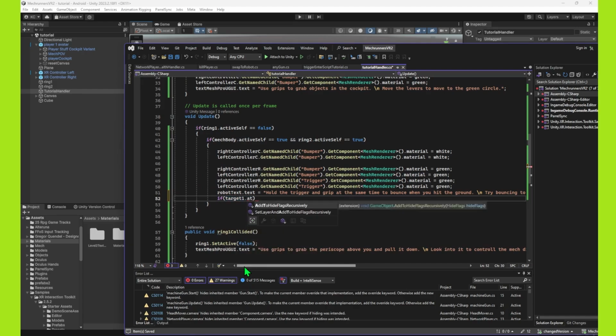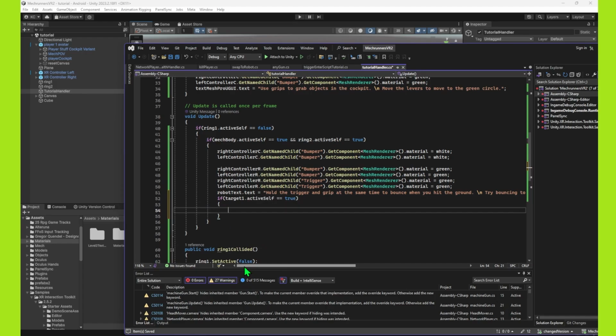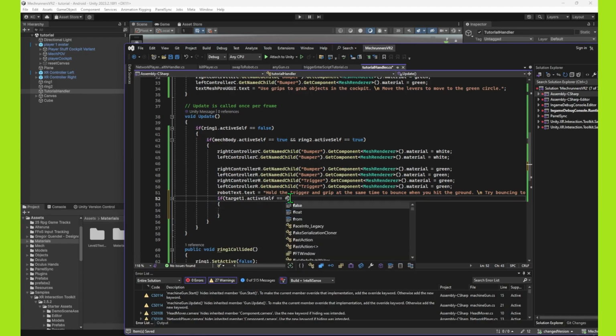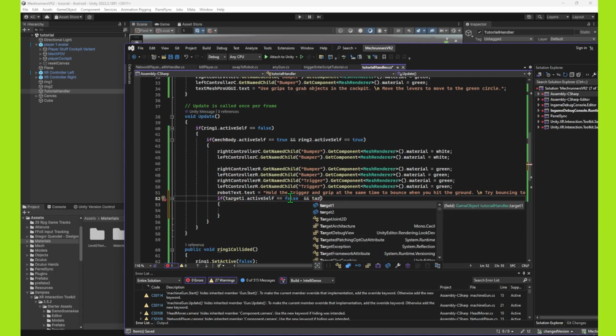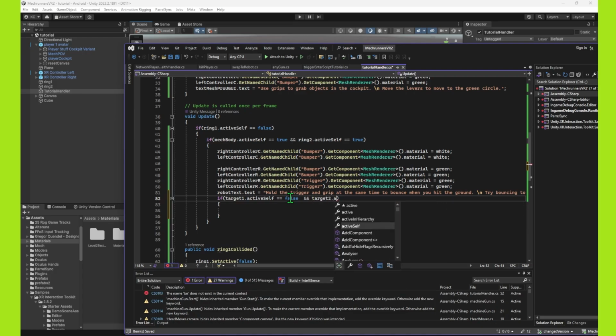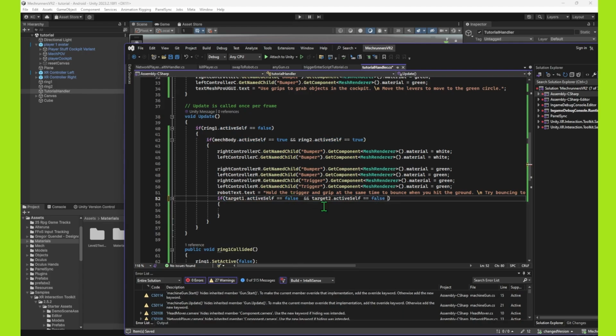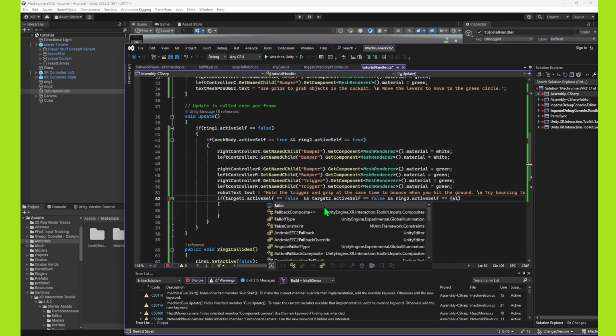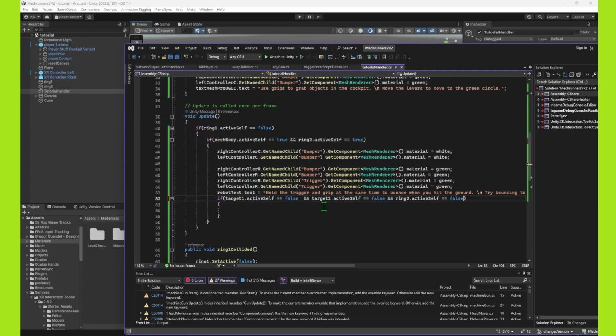I actually want that to be false, but I'll set it true for now, that's fine. And then change it now, and then target 2 active self is false. So if they're both false, and then I guess I'll go ahead and check if the ring 2 is false also, because you want them to have already climbed up there. Then